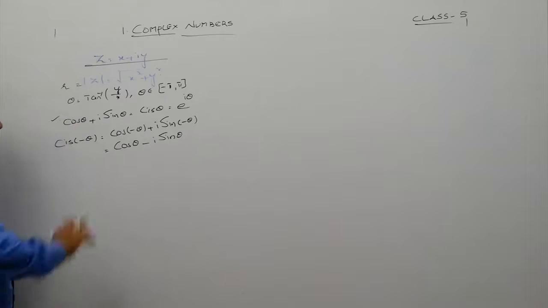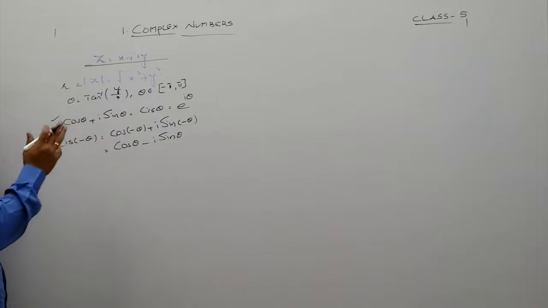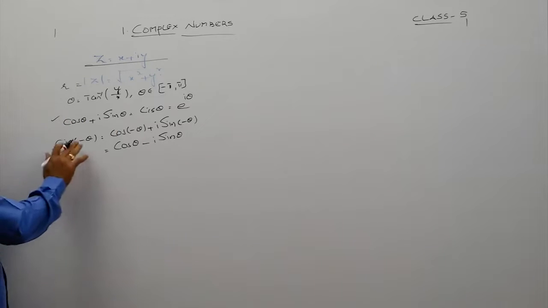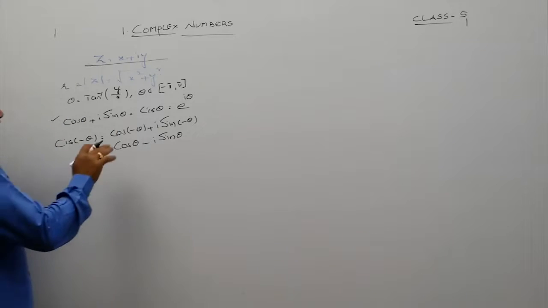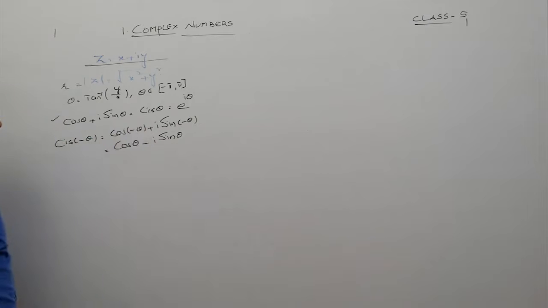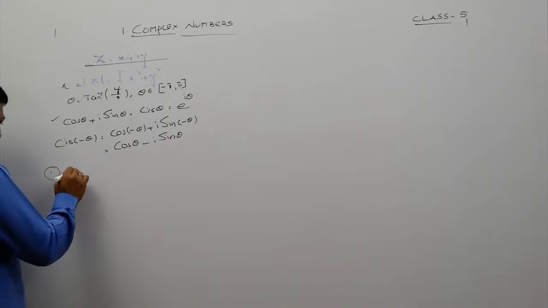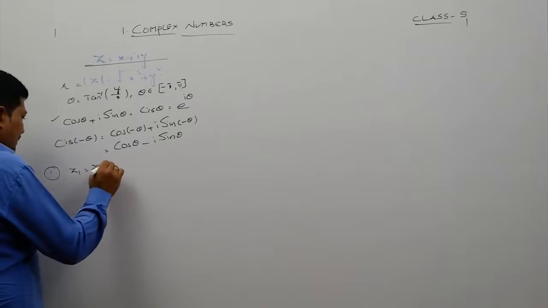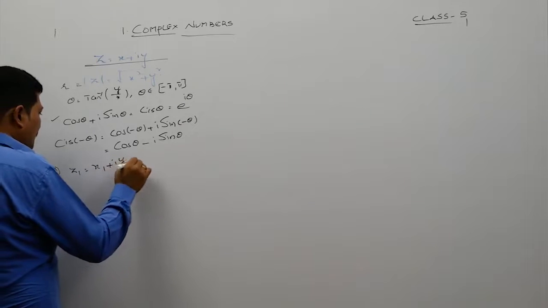Cos theta plus i sin theta is equal to cis theta, which is equal to e power i theta, and here cis of minus theta is equal to cos of minus theta plus i into sin of minus theta. And here we are having some important discussions about this. So here the first one to discuss is if z1 is equal to x1 plus iy1 and